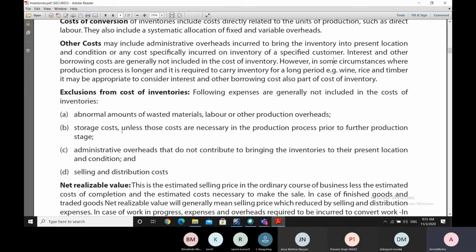So only those administrative overheads have to be included which are contributing to bringing the inventory to its present location or present condition. And finally, the selling costs or the distribution costs will certainly not be included as part of the cost of the inventory. So having considered the cost part